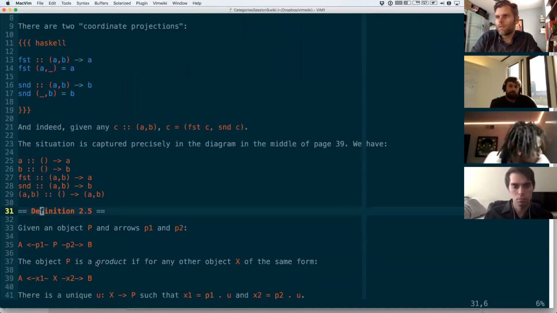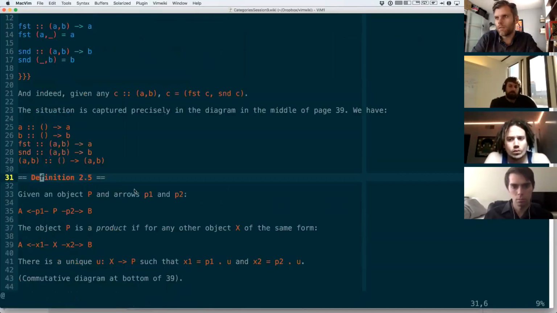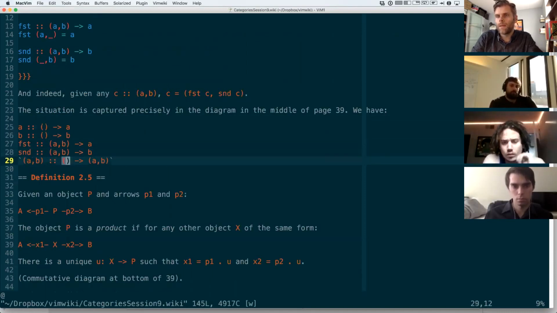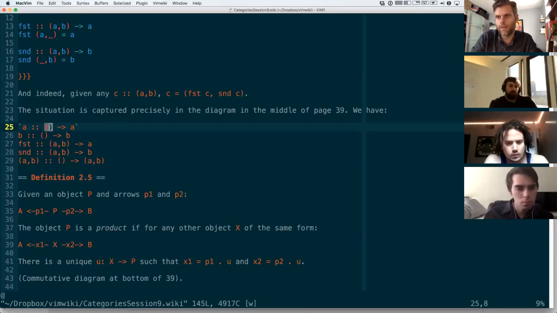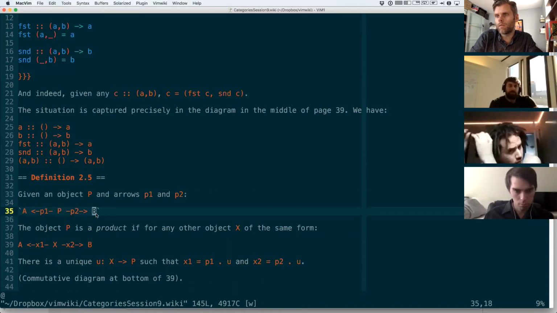All right. So a more abstract definition of product. This is just using unit as our index, or as the orientation. So this is how we can construct products out of nothing other than the elements of the product. But a more abstract way of defining this is if we consider generalized elements. So instead of considering unit here, we consider some other type X, right? Given an object P, which is going to be our product, and arrows P1 and P2 that go into the components of the product, A and B,